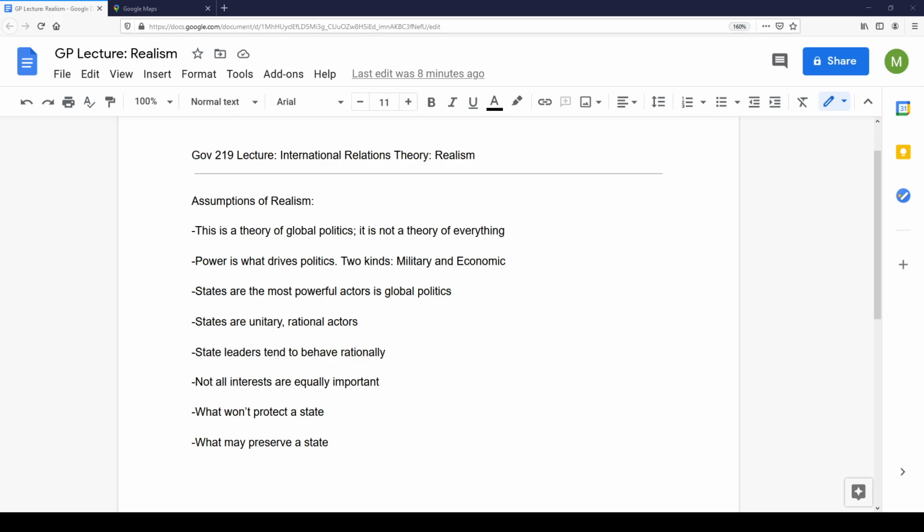You had a lot of reading that was due from the textbook on realism, so you should have a pretty good grasp of it. I'm going to go back and do my clean run-through of how I explain realism without reference to the readings. It doesn't mean that it doesn't cover stuff in the readings. On the contrary, it's supposed to overlap quite a bit. But this is my explanation, and I want you to be checking it against your understanding of how realism works based on the readings you had in the textbook.